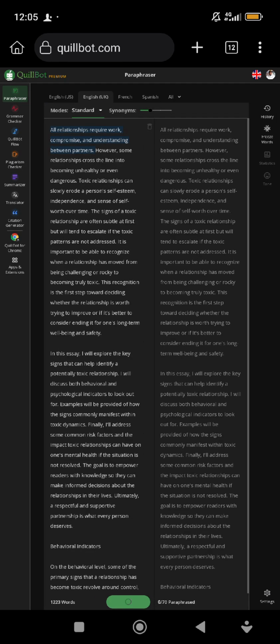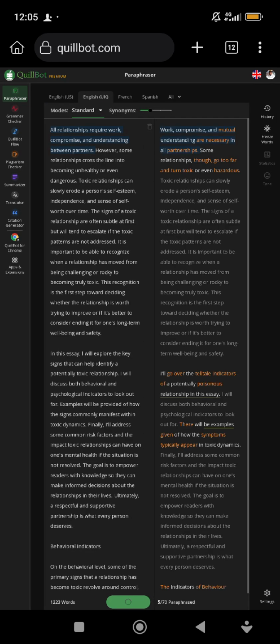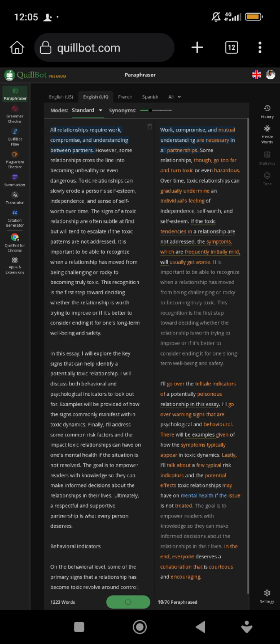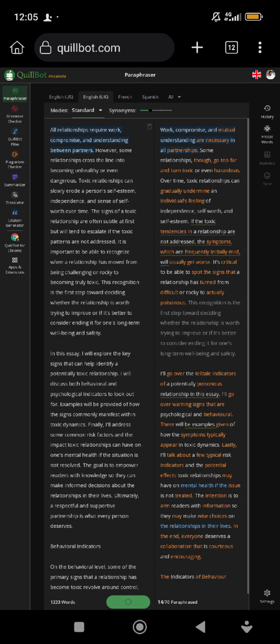Okay, now it has paraphrased. Already, it's still paraphrasing, that's it by the side. You can see it here. Just wait. If you look at the lower part of your phone, you will see something like a circle recycling around because it's still working. The paraphrasing is still going on. You just have to wait until it's done. Once it's done, the next thing you will see there is rephrase.